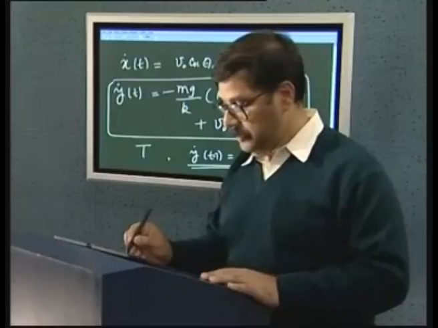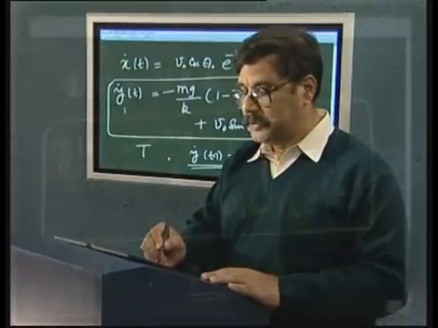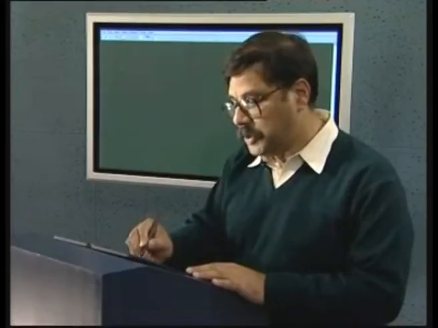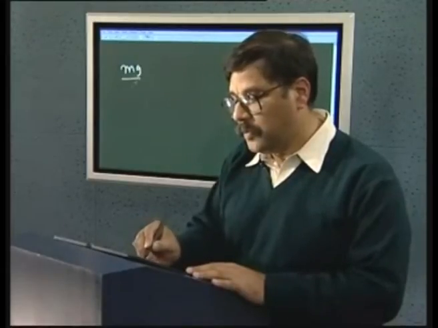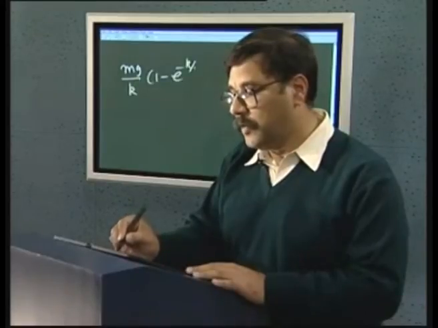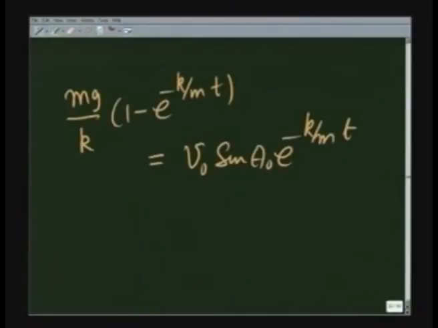So for that, I substitute this equal to 0 and corresponding time would get me the answer. Let us do that. If I do that, I get mg over k times 1 minus e raised to minus k over m t is equal to v0 sine theta 0 e raised to minus k over m t, and this gives me